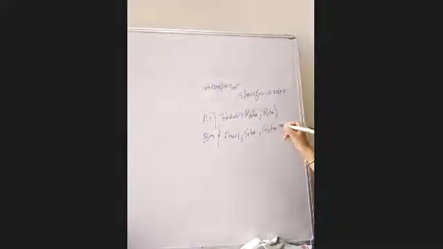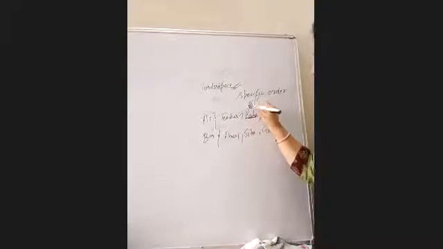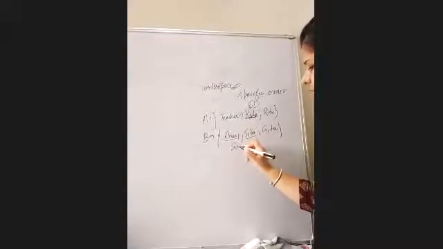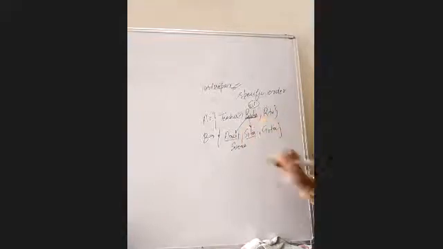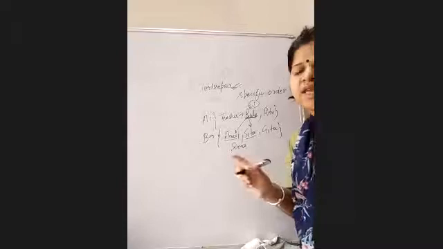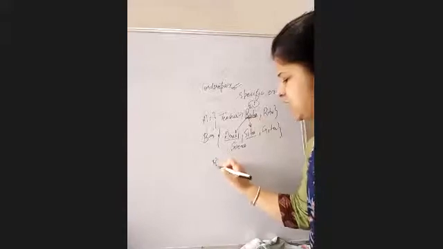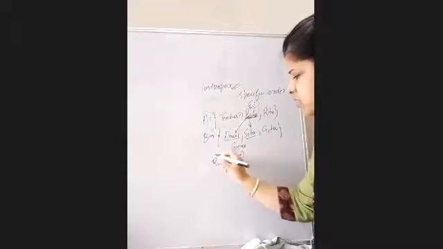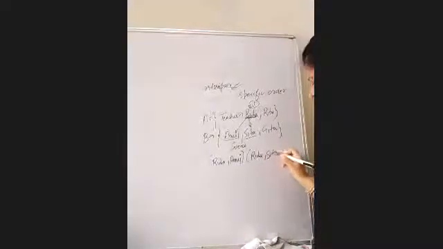What I am saying here is that there should be a particular order. Suppose Richa is a science teacher, and Anuj and Sita both are science students. So what is the order here? Richa is a teacher of Anuj and Sita. There is a particular order here. We can't say that Anuj is a teacher of Richa. So if Richa is a teacher, then Anuj is a student, and the next student of Richa is Sita.